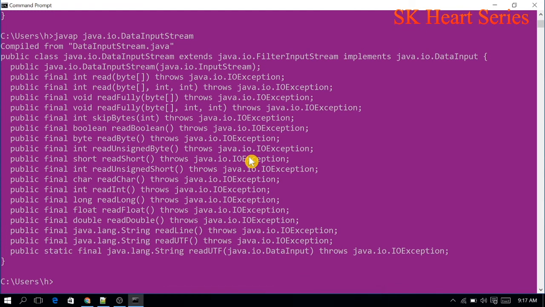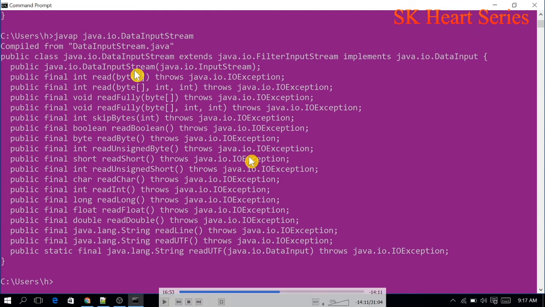We can simply import this IO package like java.io.* or java.io.DataInputStream if you want only the DataInputStream class.